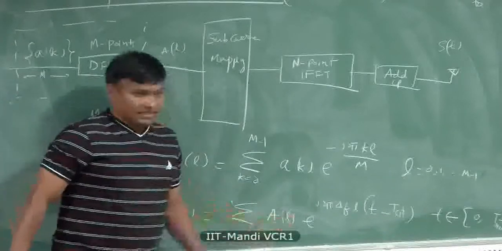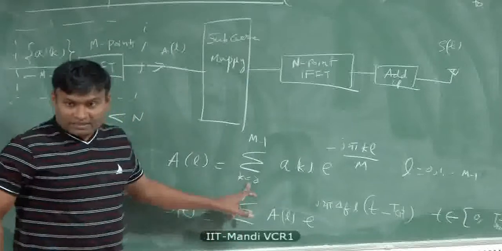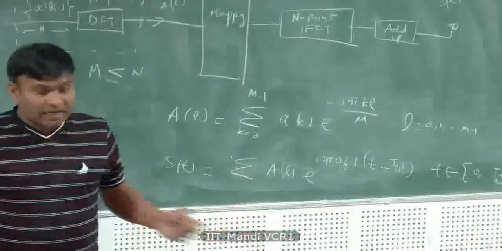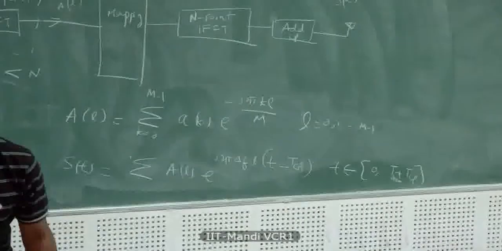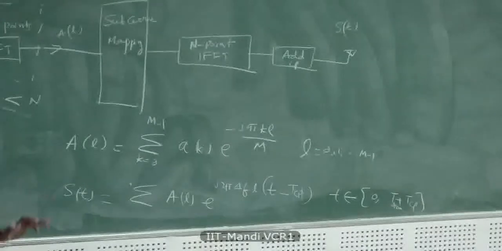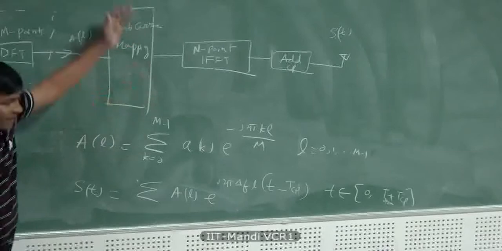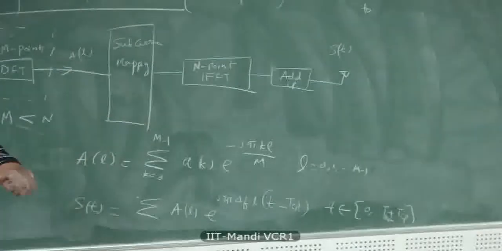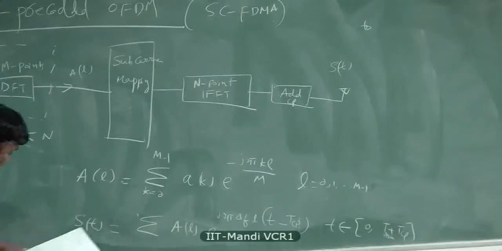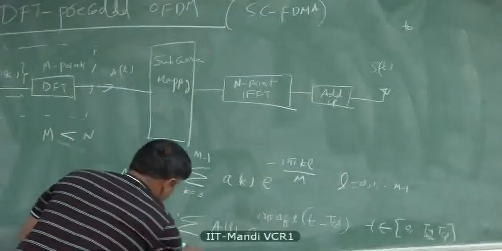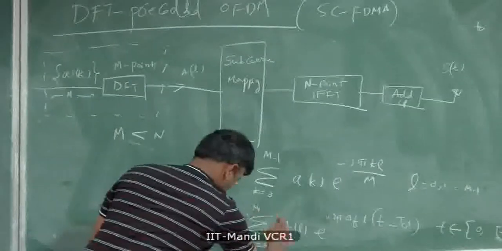Okay, now what is the range of L? Well, L can take values from 0 to N minus 1 if you load up all of them. But let us say you want to transmit only, let's say, 180 kilohertz. Now you have a choice. You can transmit anywhere in this 20 megahertz, let us say, any portion of this band you select and transmit, let us say, 180 kilohertz. Just as an example. So therefore, I can do a subcarrier mapping where L ranges from some index N1 to N1 plus M minus 1.